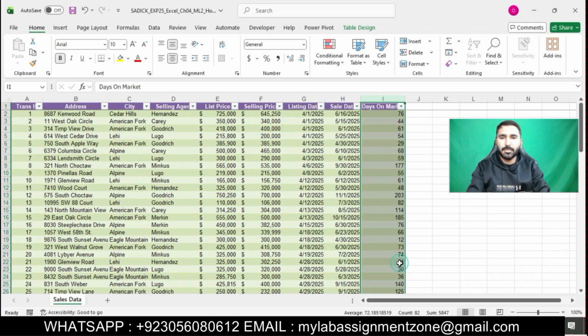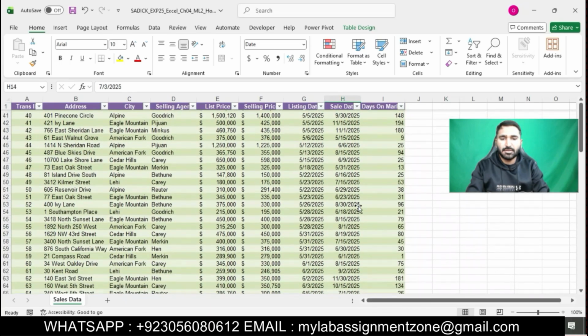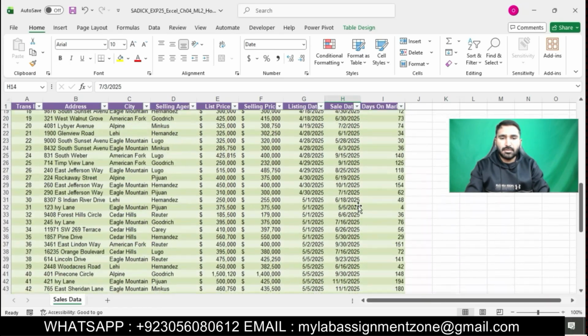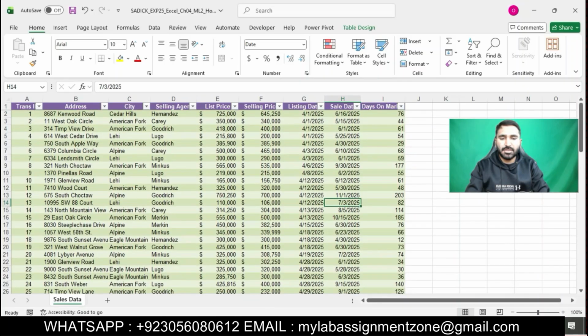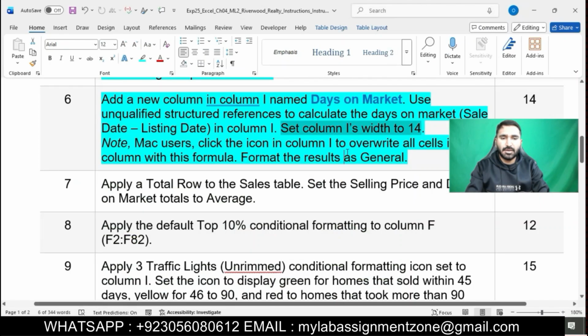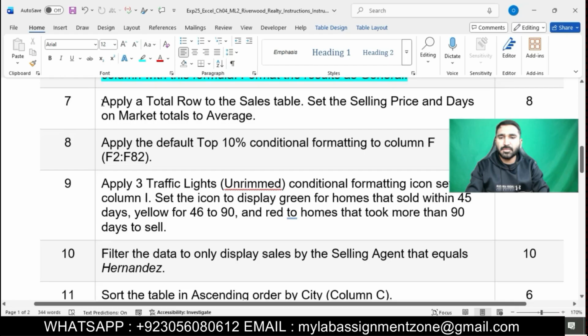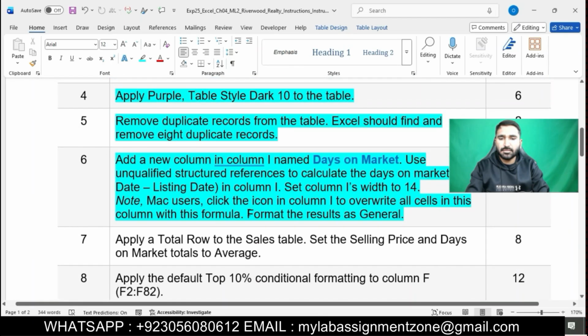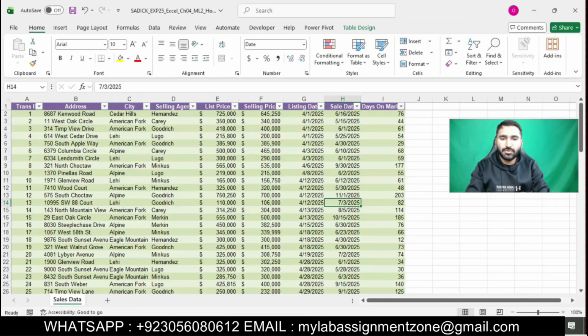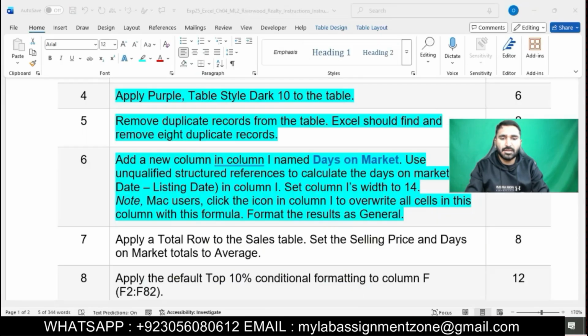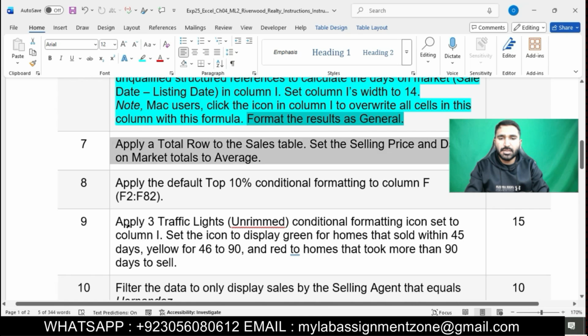You can see on my PC screen, I have done this question so well. Now we will move on to the next question of this assignment. The next question is question number 7. Sorry, the last point was missing: format the result as General. We will select this and then apply General. Question number 7 is that